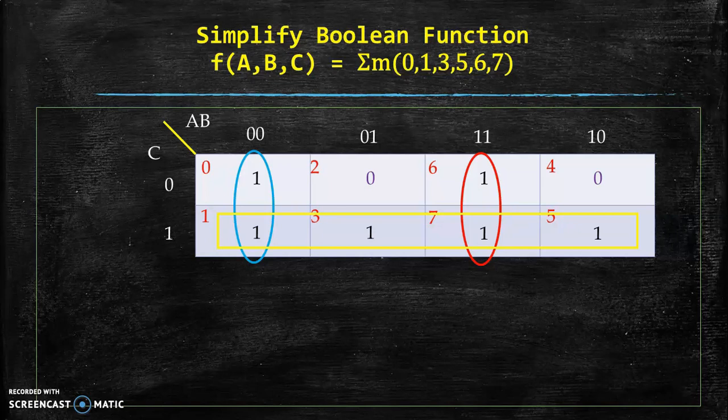We have prepared 3 groups, so we will have 3 different product terms and then we have to add all the product terms. We have 2 pairs, so in each pair one variable will be eliminated, and we have prepared one quad. In case of a quad, we know that we can eliminate 2 variables. So if we write the product term for the quad,